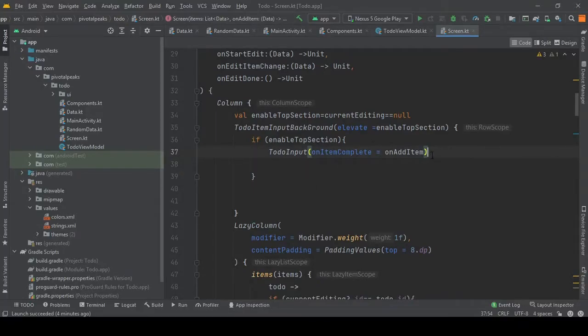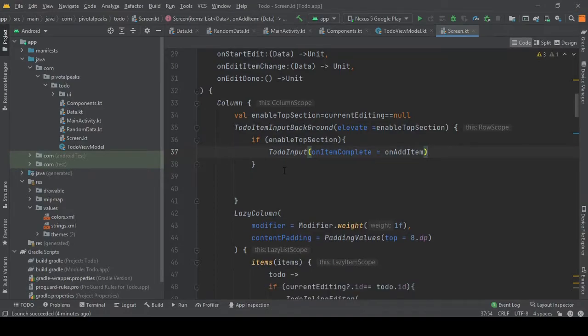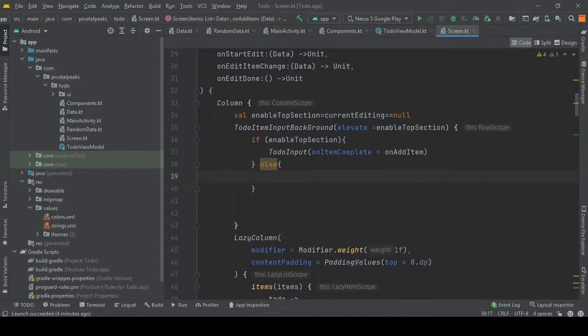Else if we are editing, then we will show a header. So else we are going to provide a text and call it editing item. We need to put this inside these.